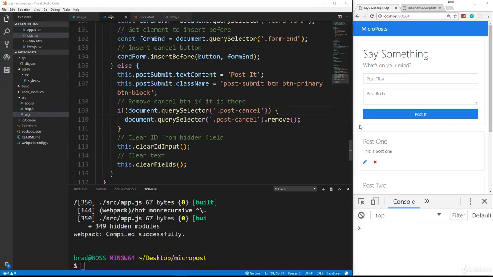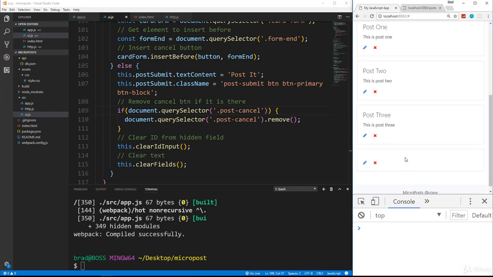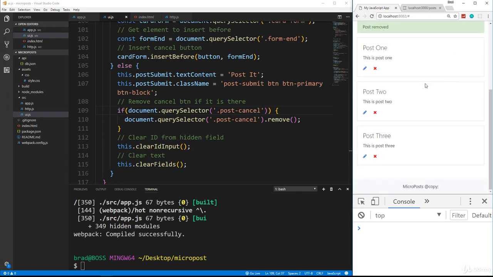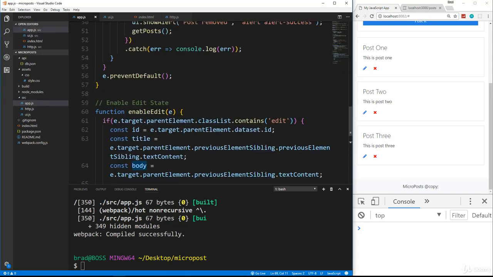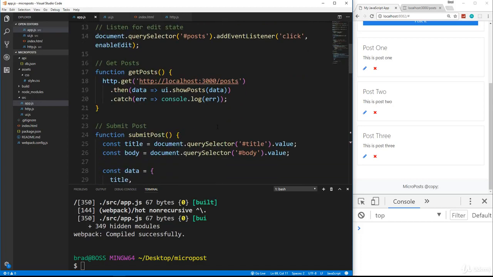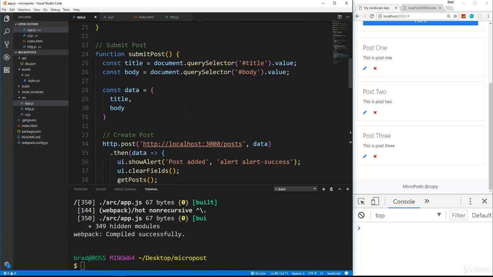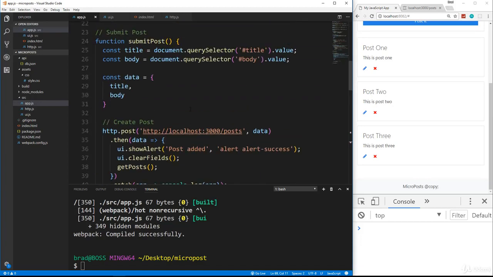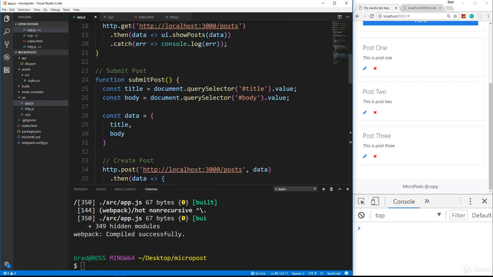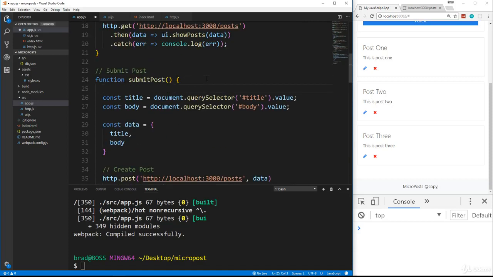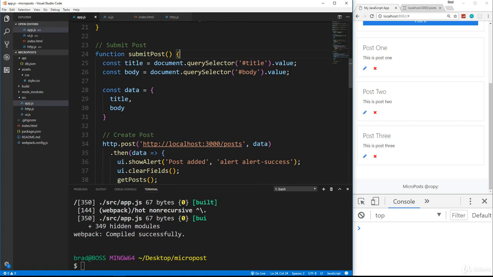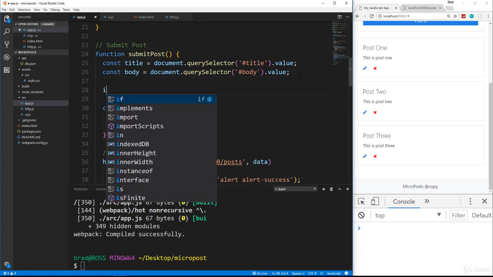Now we need a listener for, whoops, I just added another post. You know what, let's take care of that right now. So let's see, we'll go to our app.js and go to add post. Where is it? Or submit post. And let's say right here, if